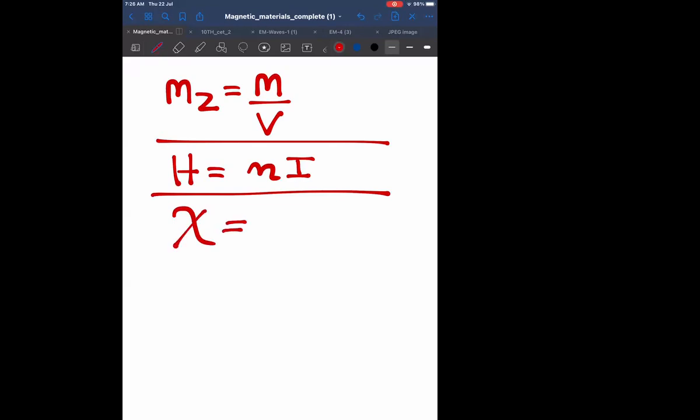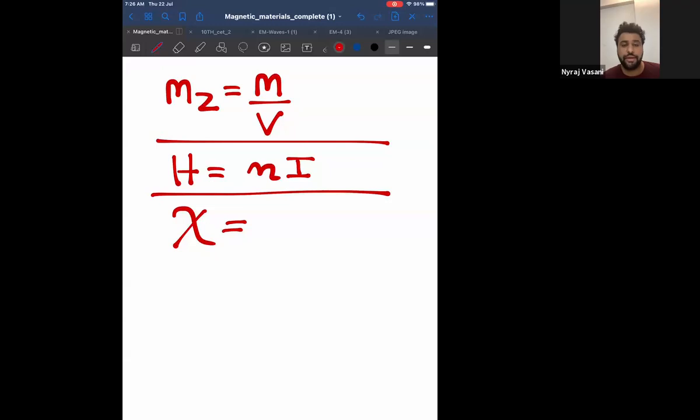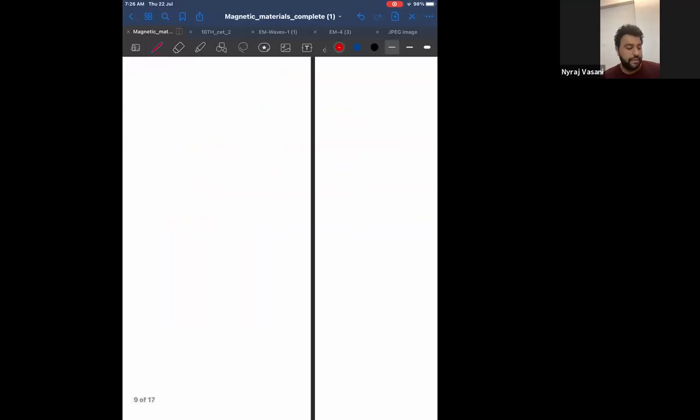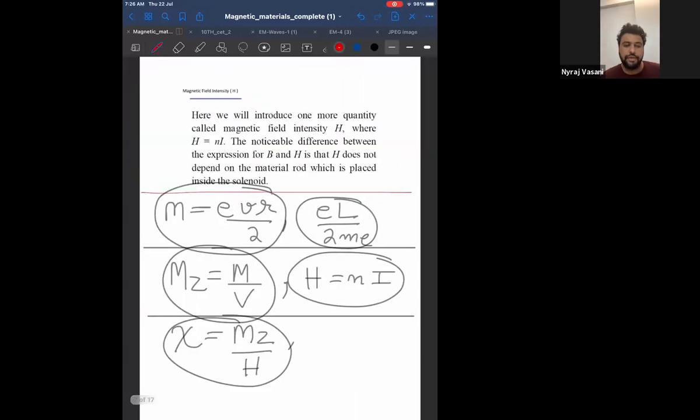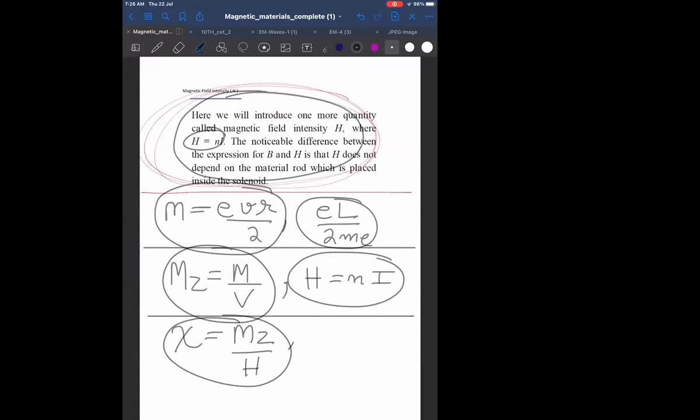Sir, in the textbook, the formula for magnetic field intensity is different. This is not magnetic field, this is magnetic field intensity. And secondly, this full paragraph is from the textbook only. So do what I am doing. Be with me, this paragraph you're seeing is from the textbook itself. This is not my own paragraph. Be with me and write the formula that I have done.